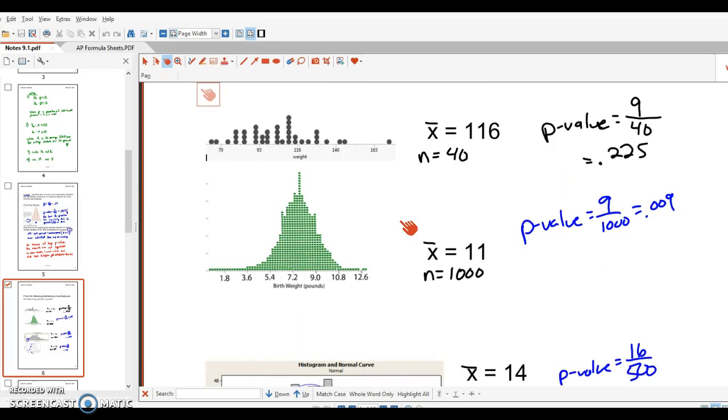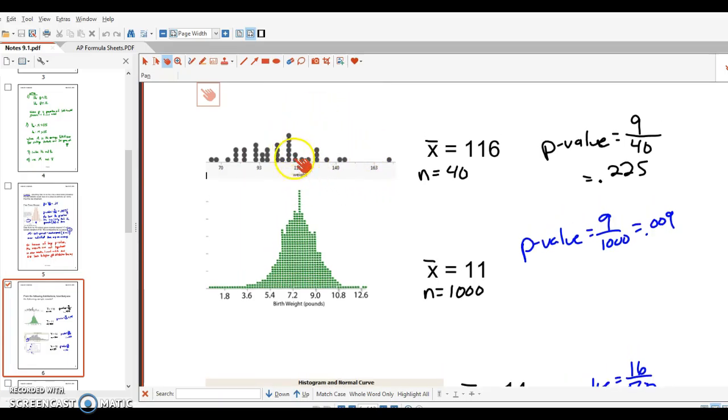Here are the solutions that I got. So the first dot plot, a value of 116. Here is 116. Okay, so there are only 9 dots out of the 40 dots that are 116 or higher. That gives us a p-value of 0.225. In other words, even if my true mean is closer over here to maybe 105, a value of 116 is